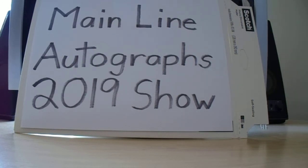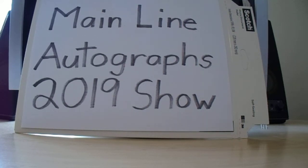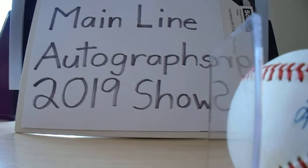$321 for 10 autographed baseballs, 9 Hall of Famers, who have all passed on. All of them are authenticated. This is without a doubt the best deal I've ever got. And this is old time baseball here. I hope you enjoy. Next up,